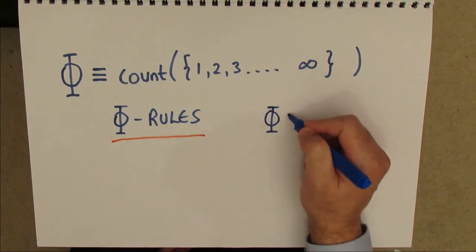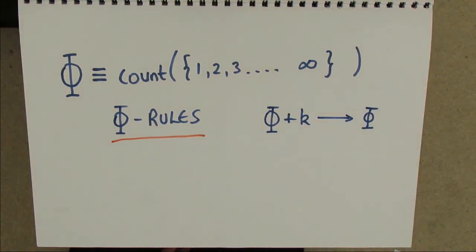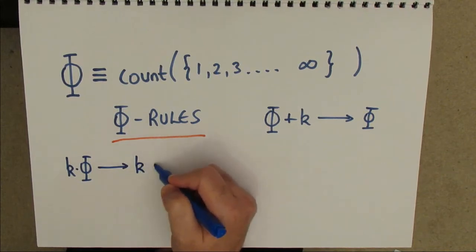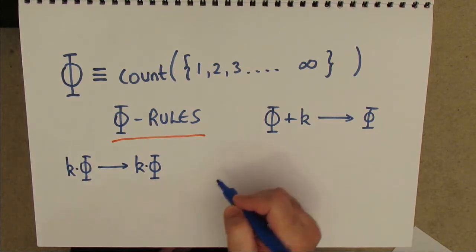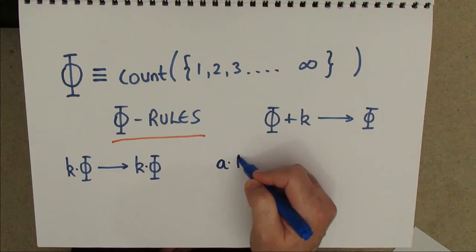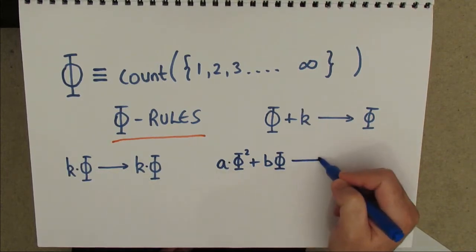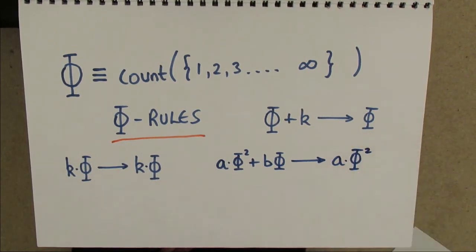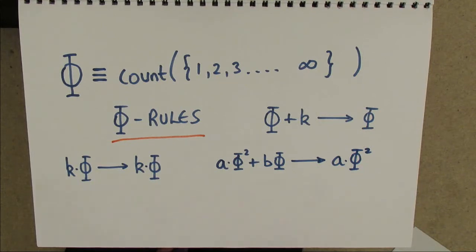If you add any finite constant to phi, you just get phi. If you multiply phi by any constant, that's a valid thing to do. It behaves like a normal number. If you take powers of phi, the biggest power wins. Phi squared is much bigger than phi, or any multiple of phi. And by the same rule,